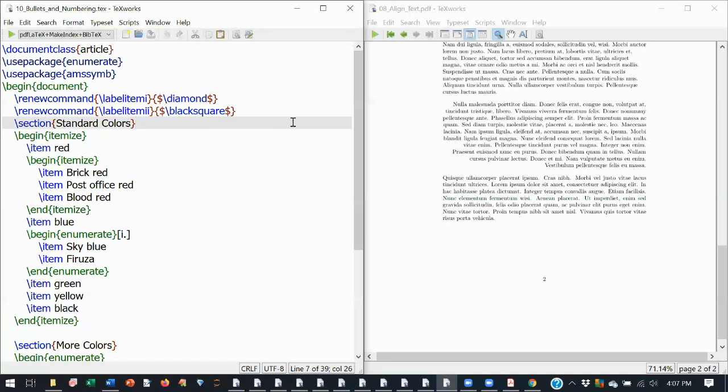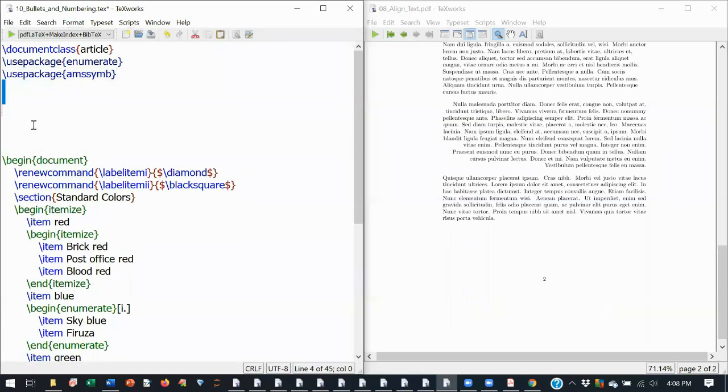So now I am showing different documents which have only that particular package. But if you are creating a thesis, there will be many packages present. Okay, many packages like usepackage enumerate, usepackage amssymb, usepackage geometry, usepackage xcolor, usepackage graphicx. Many packages will be there. So you can have multiple packages. You can put any number of packages here. So when you are compiling, LaTeX will take the commands from here.